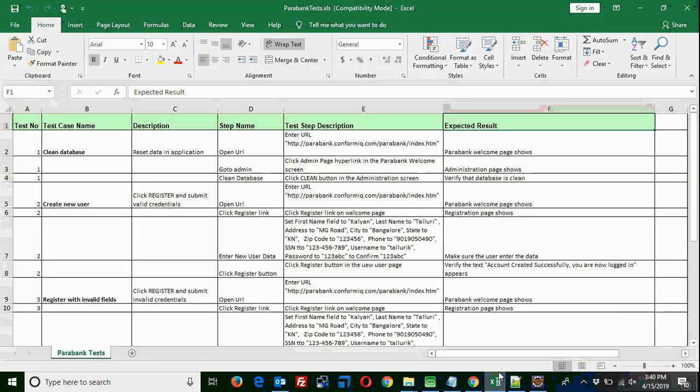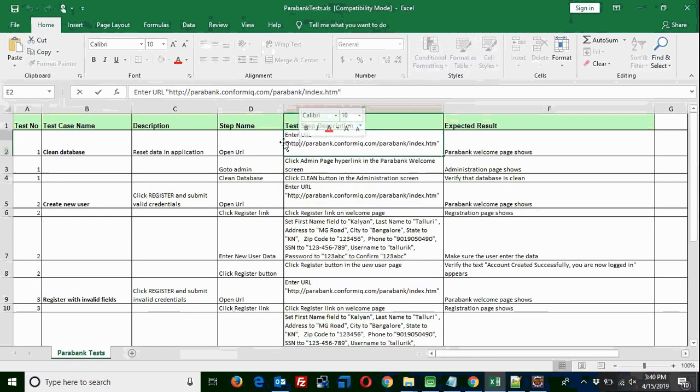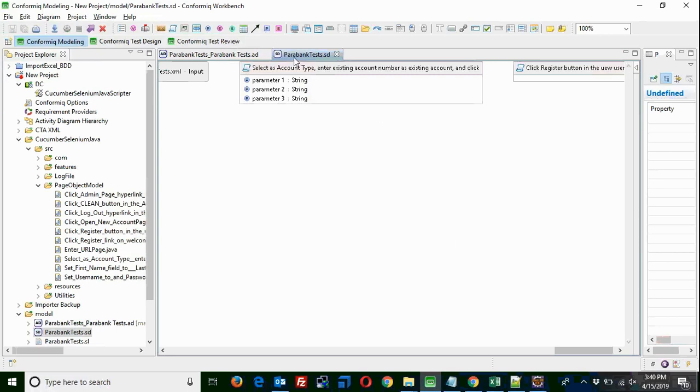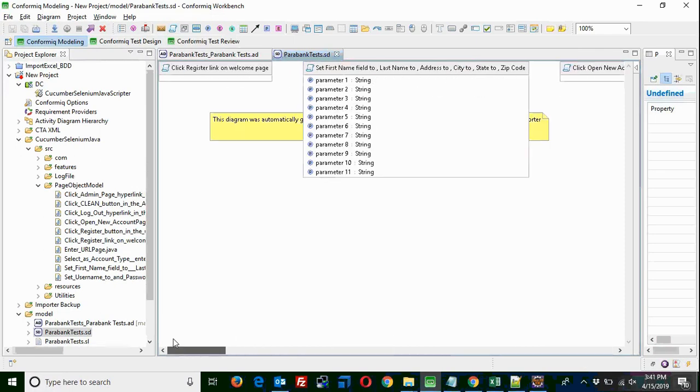We know that from the Excel sheet, this is the parameter. Thanks to the delimiter code, we are able to identify the parameters. That's the thing we are doing, and we are leveraging custom actions to the maximum out of the structure diagram concept. So even if the test step specifically says, select the source value from the drop down, even in that case we'll just find a normal text field kind of thing in the model, right? See, that's what we are really doing.